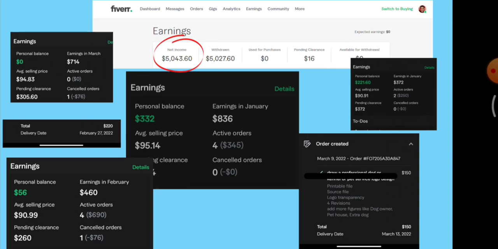I've made over $5,000 within the space of 5 to 6 months. These are some of my screenshots. I was making an average of $800 every month, consistently every month. But it was not always like this. I remember